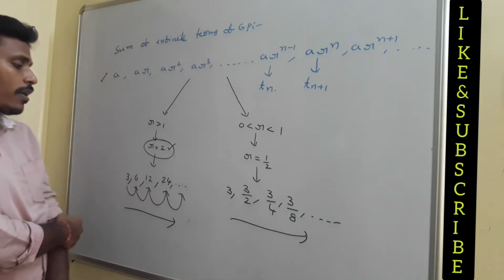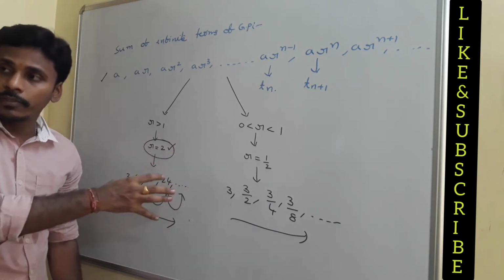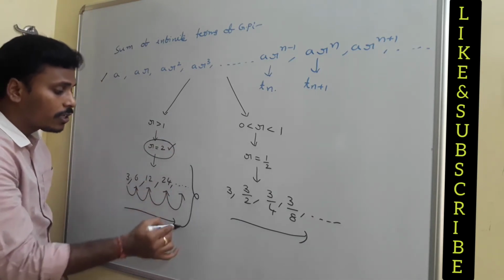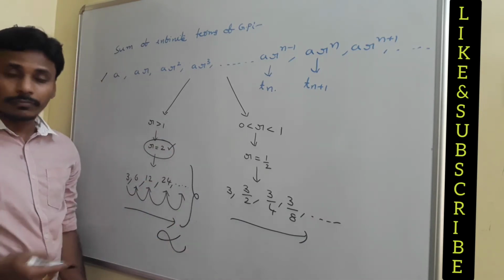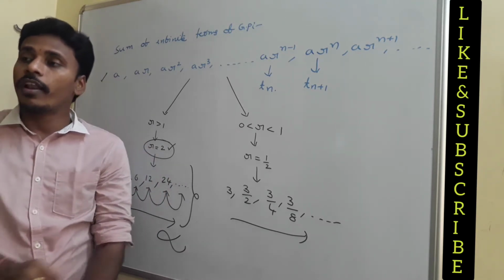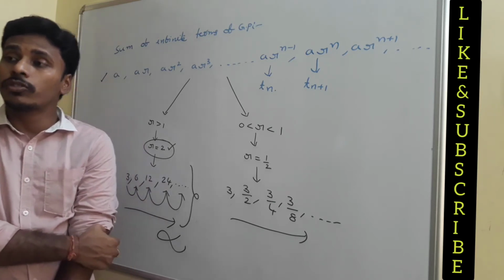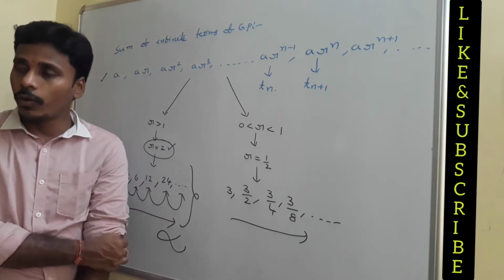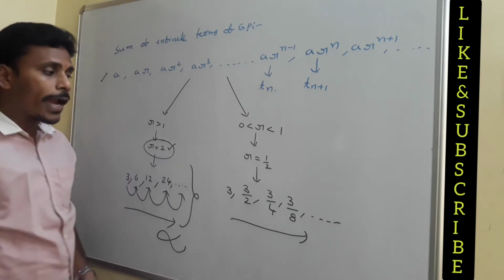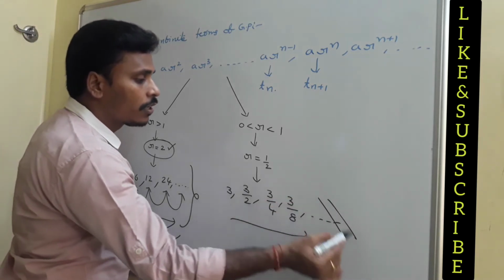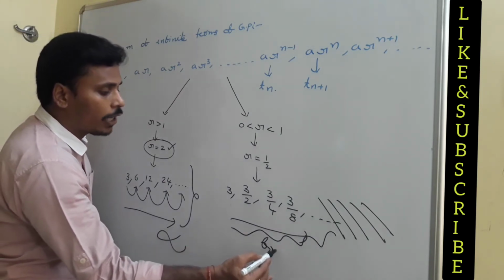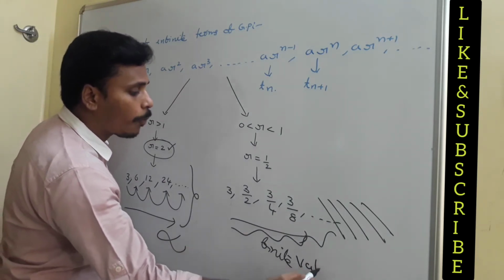Right? In this particular case, if you add all these terms, you may say infinite terms, since the values go on increasing, the sum of all these terms will become infinity only. But in this particular case, the values go on decreasing. After a particular stage, the values of the terms in the sequence are almost 0. Since the values are almost 0, if you add all those values after a certain stage, you have a chance to neglect them, and the summation is just a finite convergent value. That means you will get a finite value if you add approximately.